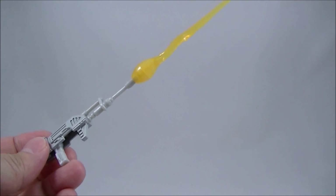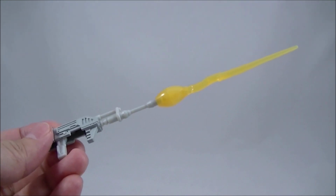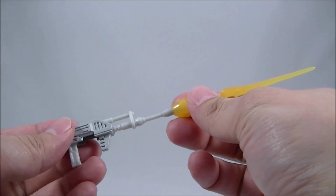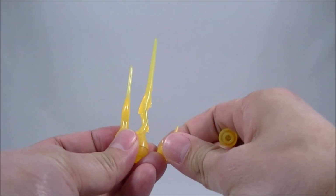I won't have it displayed in my collection with these blast effects. I guess they're a nice option for the odd photo here and there, but I think they're pretty good for cartoon accurate scenes and so on, but I think they're a little bit tacky for display. Now, they do come with those 3 pieces, so a long one, a medium one, and a very short one,